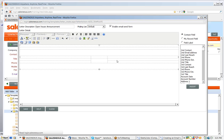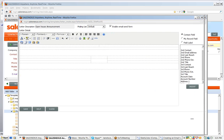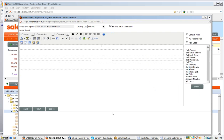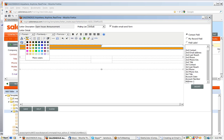So another thing I want to point out is, you remember how I've had some customers ask me recently about adding some color to their template. I want to come in here and add some color. If I highlight these boxes and come up here, I can tell it to make those boxes orange. Now let's say that's not my company orange. I can come up here and go to more colors,